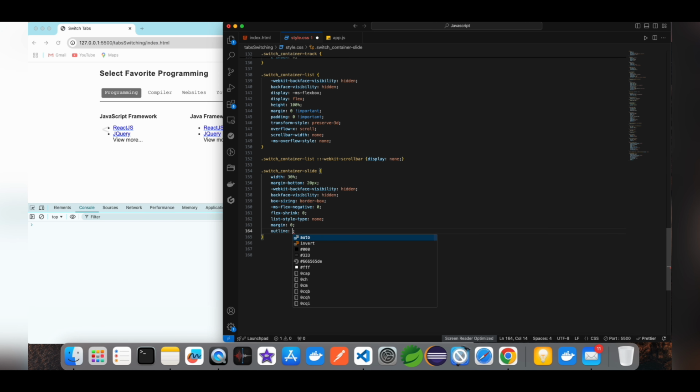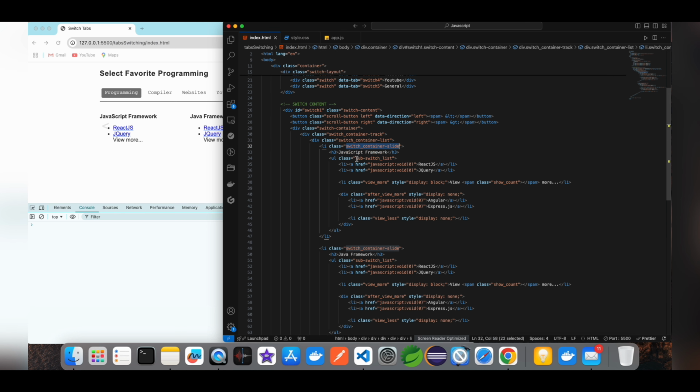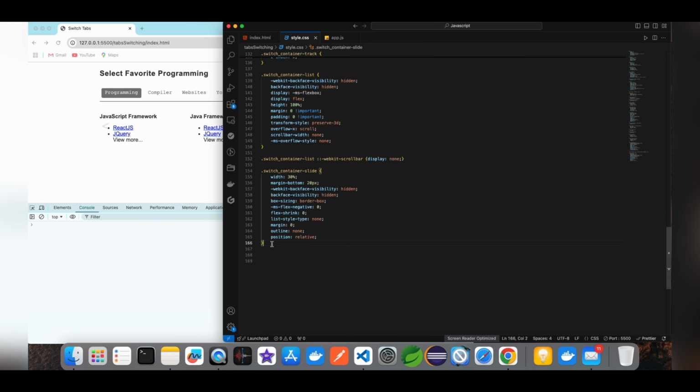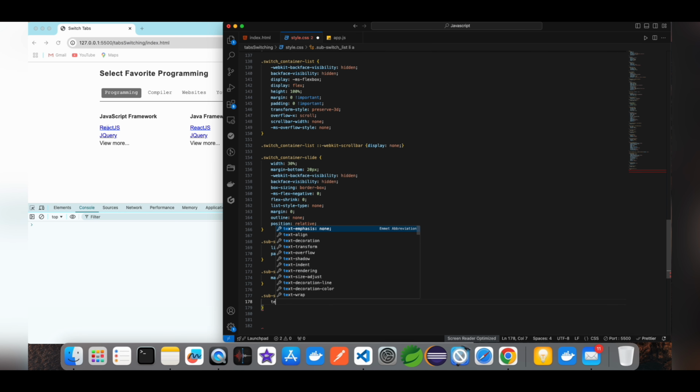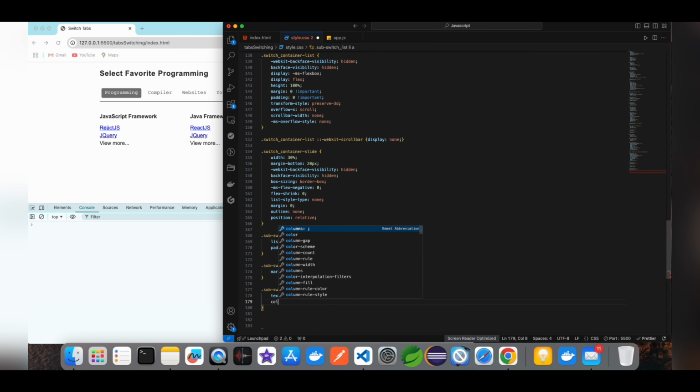Now you can see here the unheaded part and the headed part. So position relative. Now design the UL. List style type none, padding 0, sub switch list li. I target the li of UL, margin 5 pixel 0, meaning top and bottom 5 pixel,